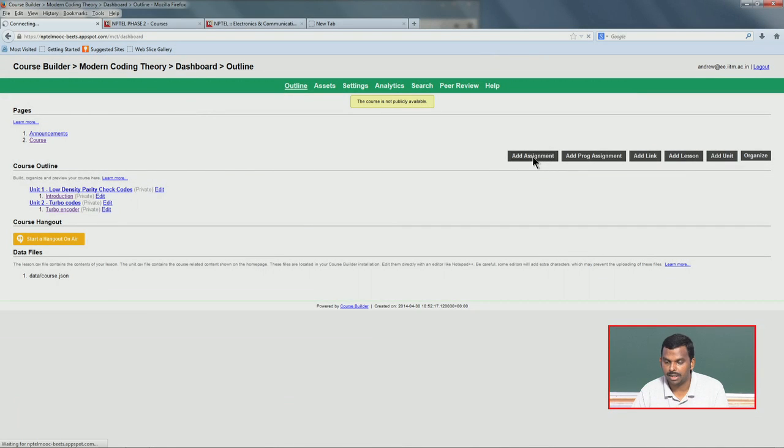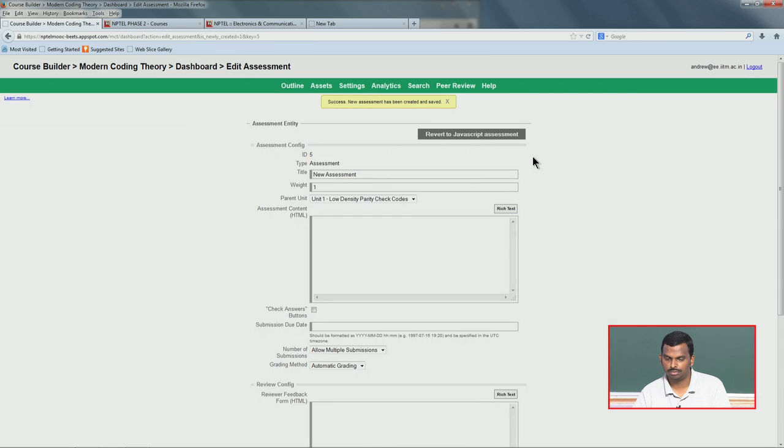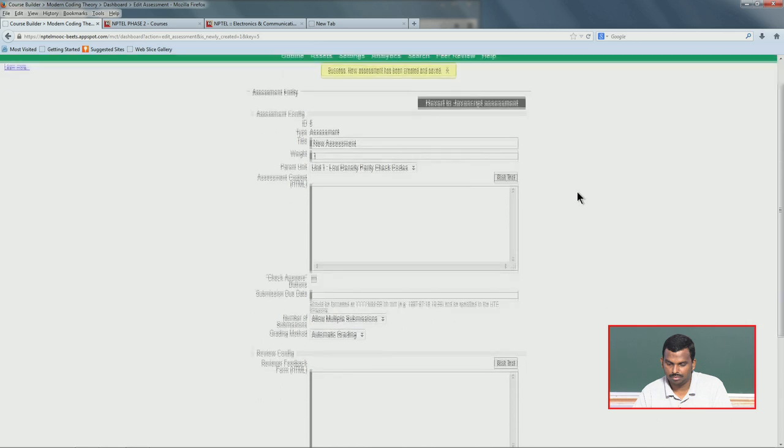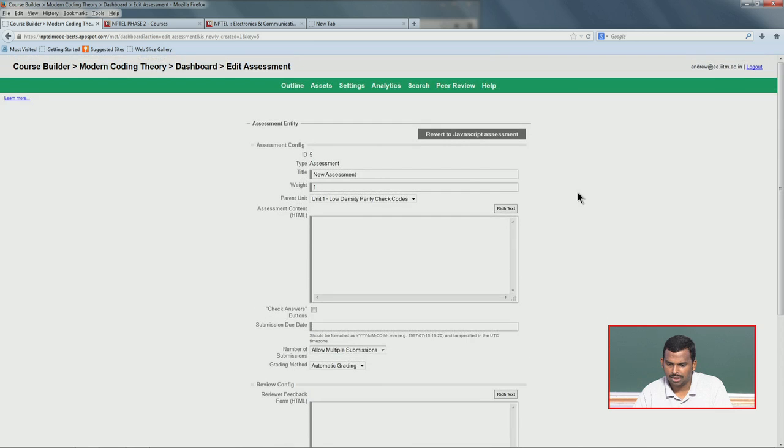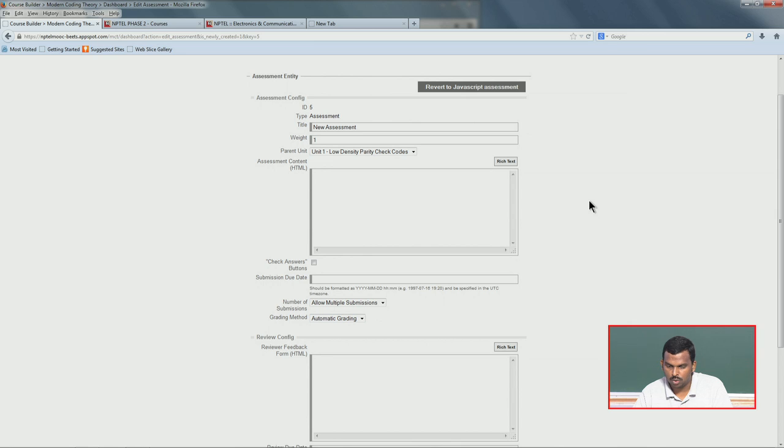Okay, so it's like immediate feedback. They can actually go to the portal, enter the answers, see whether they got it right or wrong. So it gives you added value to the course material that you've already created. So let me see how to create an assignment here. You click on add assignment. Okay, so you see here there's lots of things here. It says new assessment, and then something called revert to JavaScript. This is, I think, once again, it's for advanced users. So let's see what else is there.